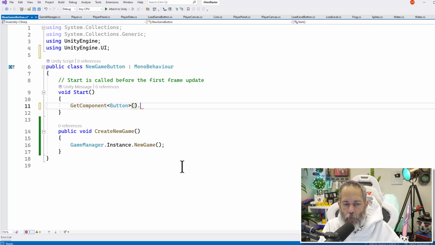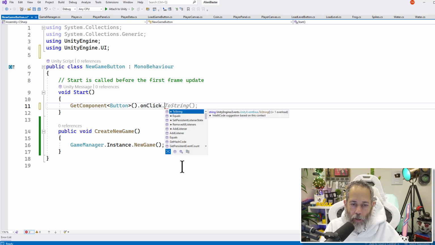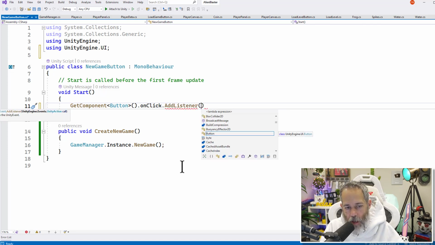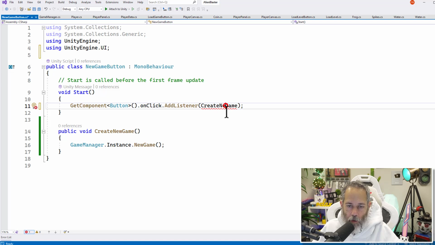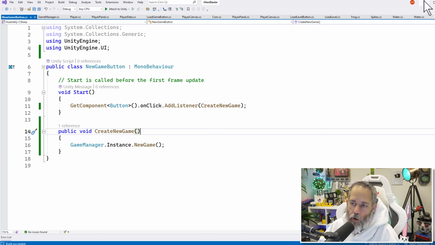And we want on this button to add a listener to the on click event. So it has an onClick here. We type onClick with a lowercase o, and then do a dot, and we can do AddListener. What this will do is allow us to pass in a method that we want to be called whenever they click, just like if we did it in the inspector. So here I just put in the name of my method, CreateNewGame, and add the semicolon. Oh, I've got to put a W in new. There we go, put a semicolon in, save, Control-Shift-B, do another build, and now if I jump into Unity,